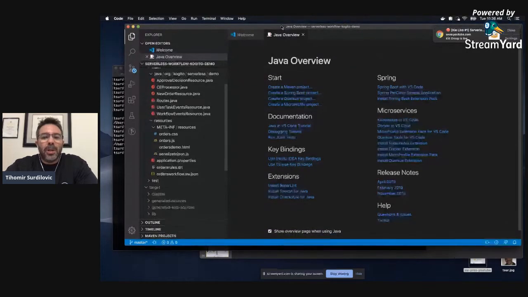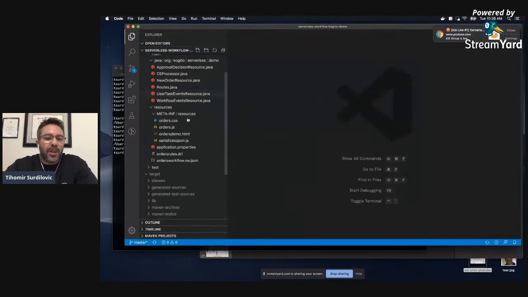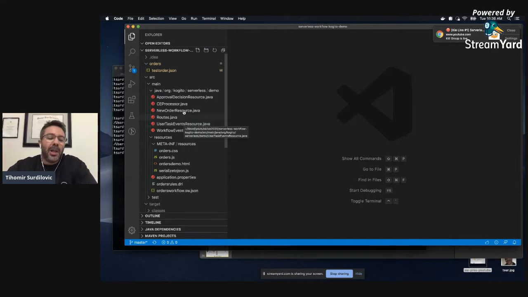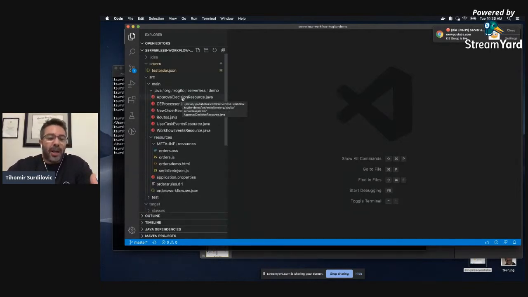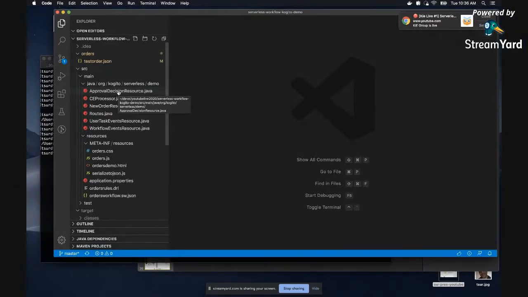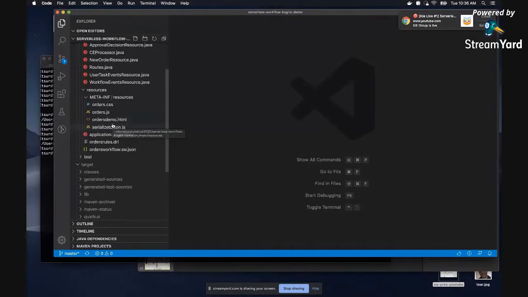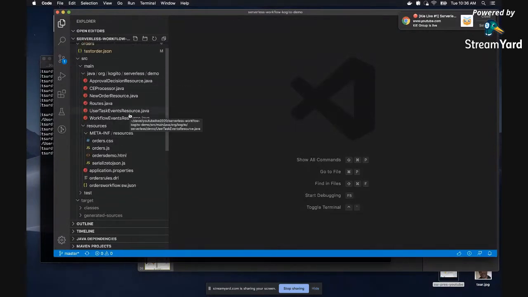So let's close this up. What I have here is basically a Maven project that is a Quarkus application with our Kogito plugin for Quarkus added. All this Java code right here is basically some small integrations with Kafka, defining some Camel routes.